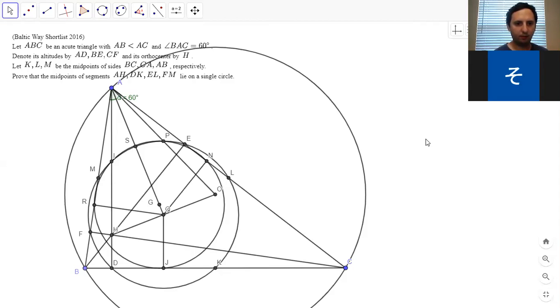How about, so BHOC is cyclic. We know that. I'm not sure how much that helps us. Yeah, this one is hard. How about